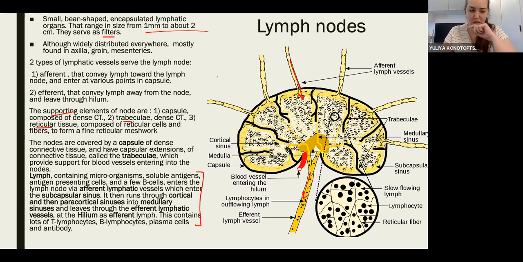So we have to discuss what's the pathway. Assuming I'm a lymphocyte within the afferent lymphatic vessel, I'm coming in right now. I'm coming to the lymph node. What's the next thing? What's the pathway? What's the route? So from the afferent lymphatic vessel,